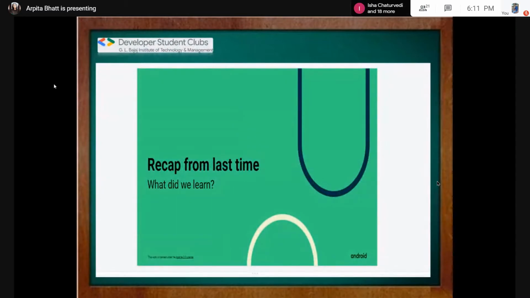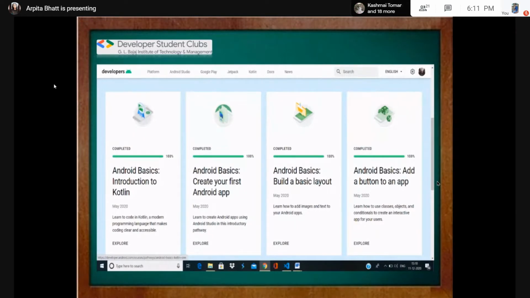As you all know, this course is made up of two tracks, and these tracks are further divided into units, and units are composed of pathways. The first unit of Track 1 has 4 pathways, that is Introduction to Kotlin, create your first app, third one is build a basic layout, and fourth is add a button to an app. So there are 4 earnable badges for this unit, which can be earned only after the completion of all the